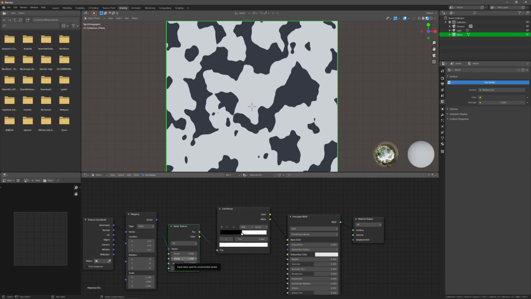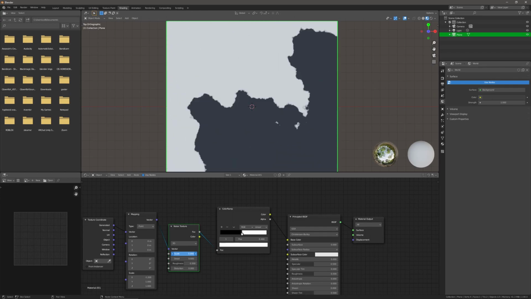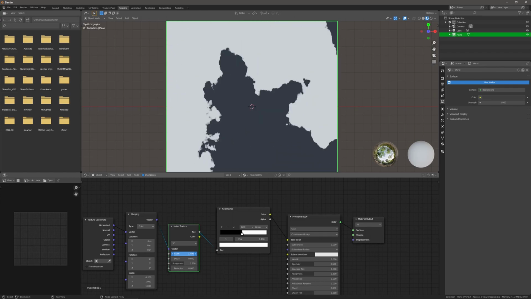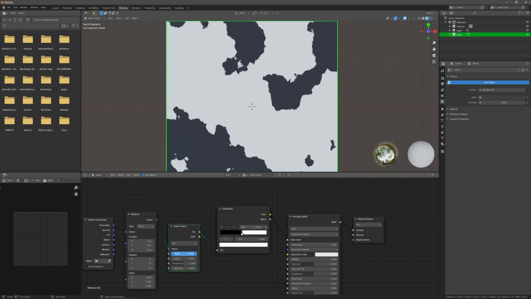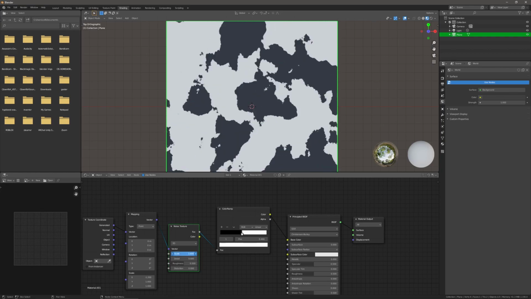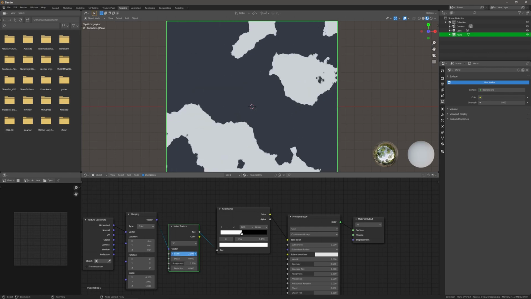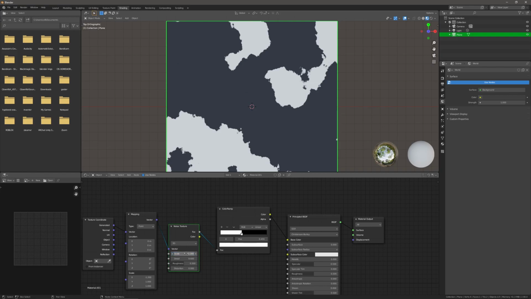And then you can also change the detail of it and how distinct the shape of the mountain or ditch is. So this is pretty interesting. We'll keep it like this. I'm gonna up the scale, and I'm doing this by lowering the overall number of the scale. I'm gonna keep it somewhere around like this. You can edit it to however you want it to be. Whites are high points, so let's actually swap this and then change the scale. So there we go. That should be good.